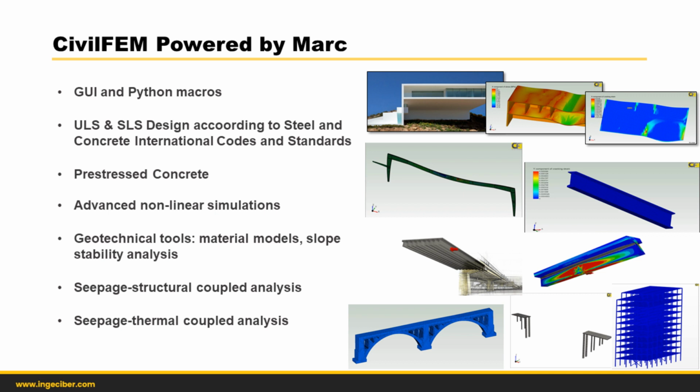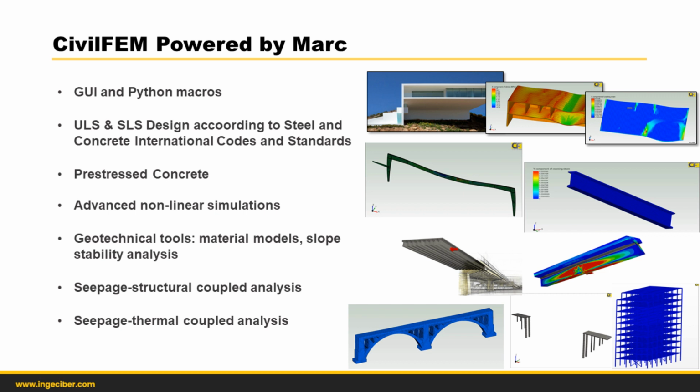These capabilities include geotechnical capabilities, nonlinear analysis, and of course ULS and SLS design according to steel and concrete codes, and very advanced nonlinear simulations. For example, here we can see buckling analysis, advanced buckling analysis, concrete cracking and nonlinear materials, also transient nonlinear analysis, like this seismic analysis on a masonry bridge, with failure and cracking analysis,